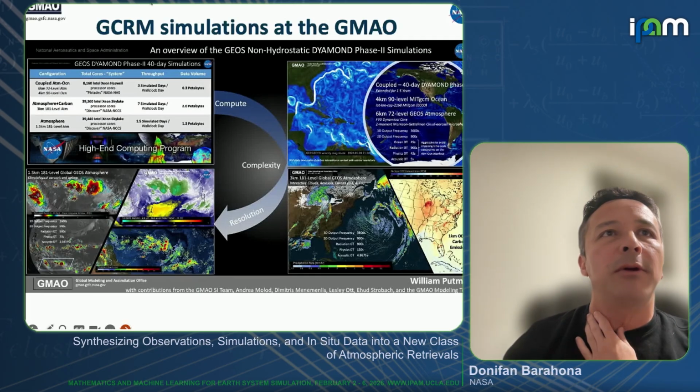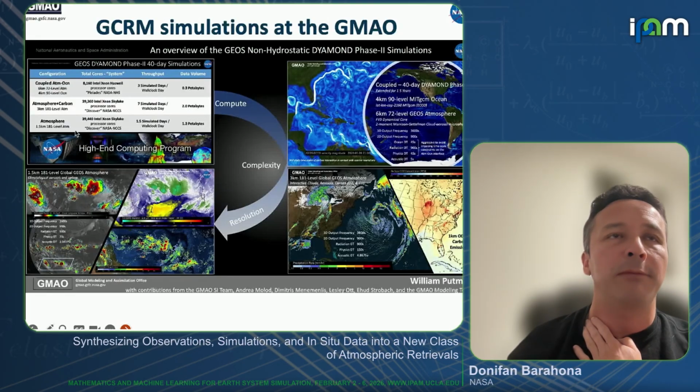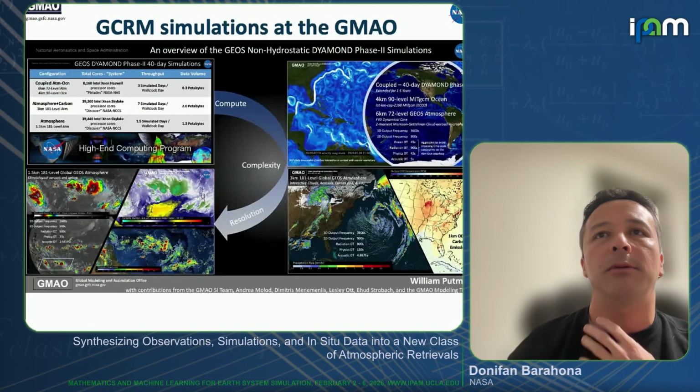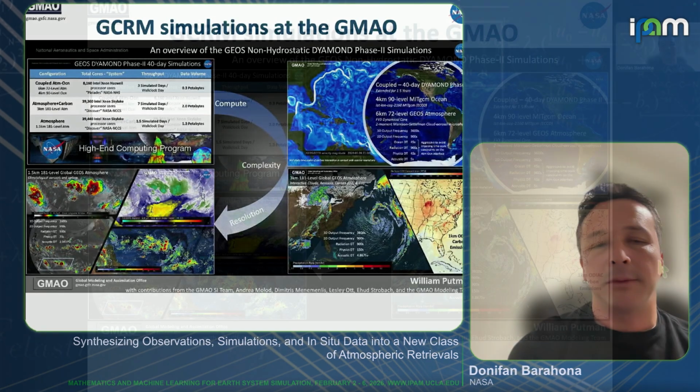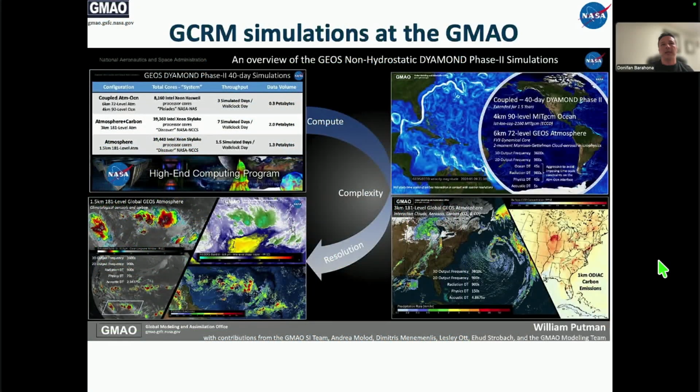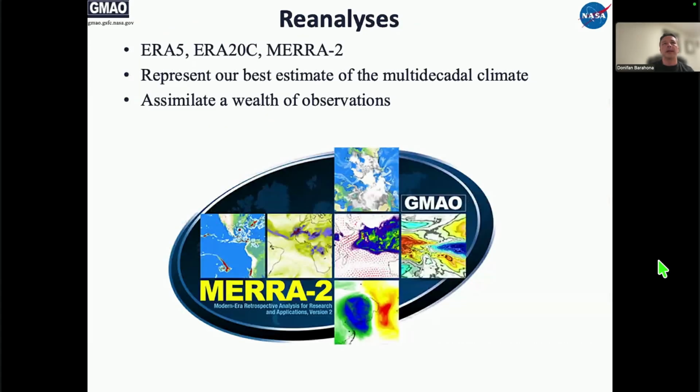As I mentioned before, we do have those kind of simulations. He puts together these simulations, and they produce a lot of data. Some of them go all the way up to 1.5 kilometers globally, and they include chemistry. Some of them are coupled, some include aerosol, some include aerosol cloud interactions. So we actually have a lot of data, and this is open to everybody. You can download these kinds of data sets from the NASA website.